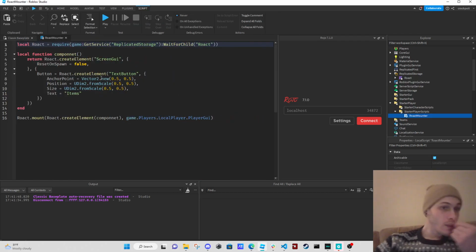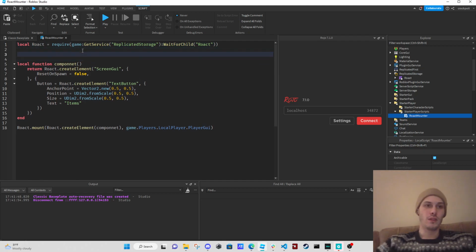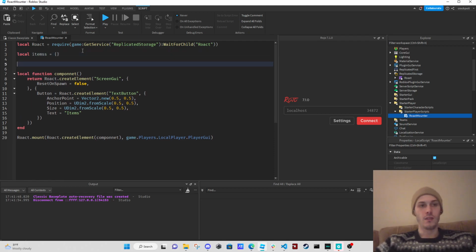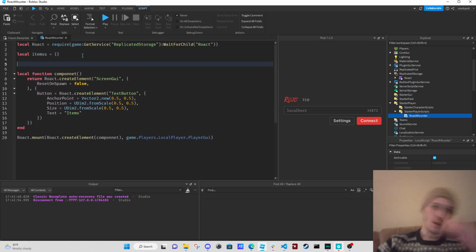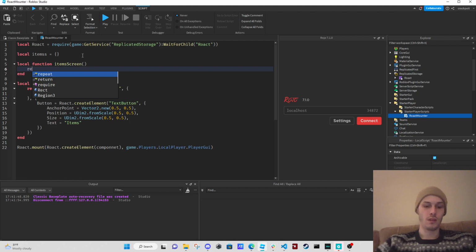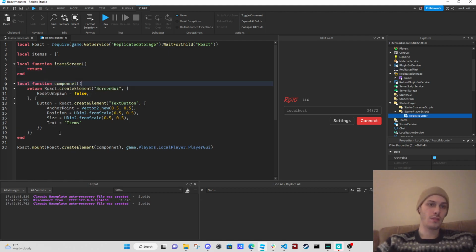Okay, cool. So what we're going to do is local items. Then we also need to create a remote function, but I'm going to do that later. We also need to create a local function ItemsScreen. Okay, then we can return what we're going to do here is